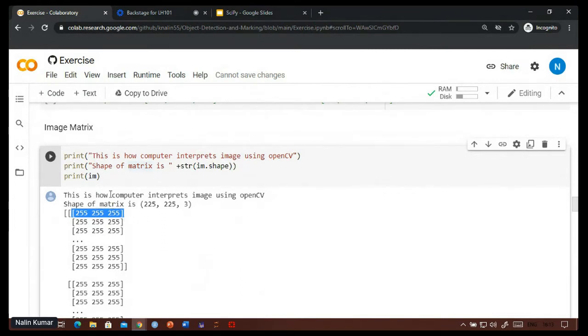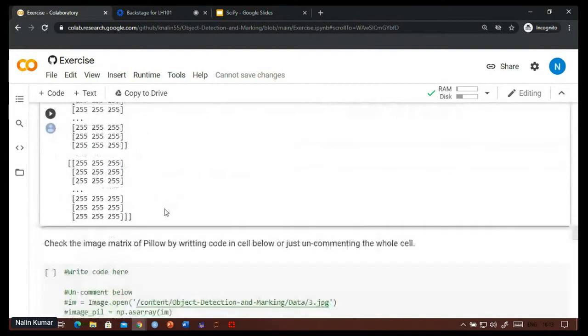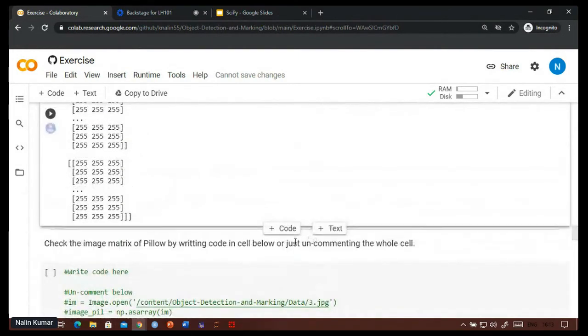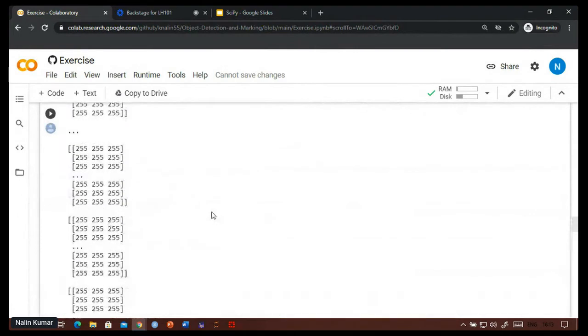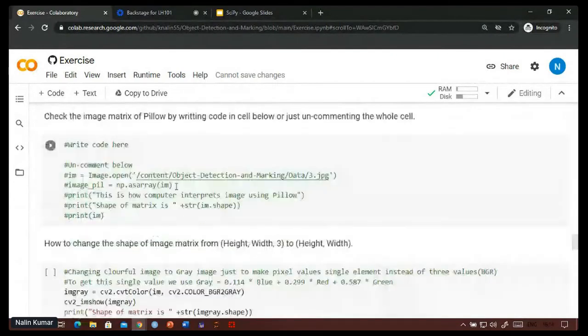This is a single unit of the image. Now you can similarly check how Pillow's image matrix appears. You can do that yourself. Either write the code or uncomment the cell.